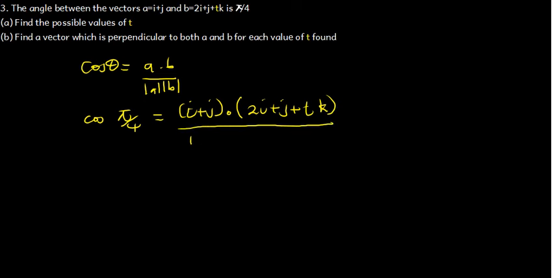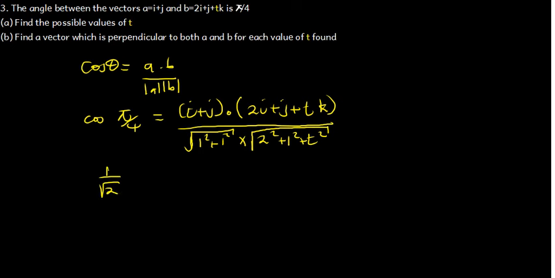magnitudes. Magnitude of a, that will just be 1 squared plus 1 squared, and then we get the square root of that. The magnitude of the other one, that will just be 2 squared plus 1 squared. We're just going to get the coefficients in front of i, j, and k. We square them. And so cos pi over 4, this is cos 45, it is 1 over the square root